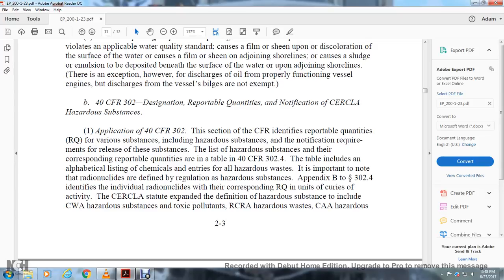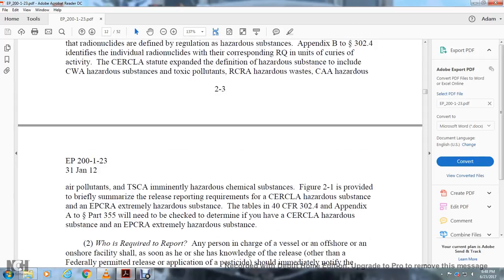the Resource Conservation and Recovery Act and the Clean Air Act hazardous air pollutants, and the TSCA, Toxic Substances Control Act, imminent hazardous chemical substances. Figure 2.1 provides a brief summary of the release